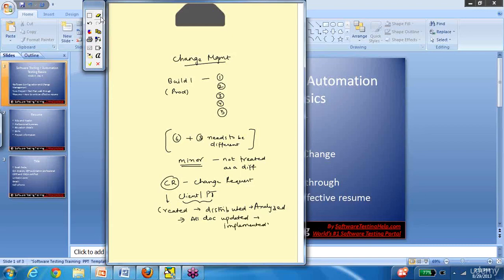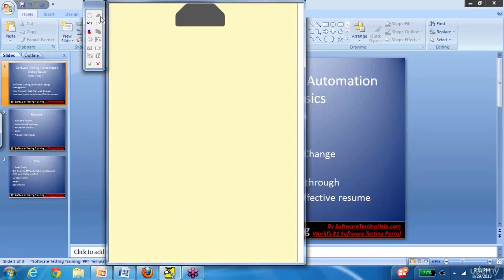If it is a major change, that means the way the application is going to behave going forward is going to change, the version number of the application is going to change. Say it is 1.0 and the CR is minor, so the version might change to 1.1. But if it is a major change, it is treated as a different project plus the version changes to 2.1.